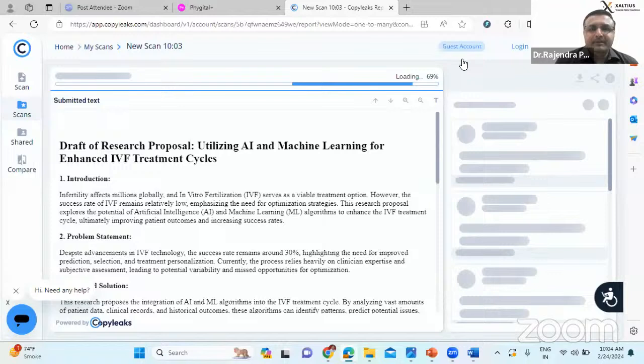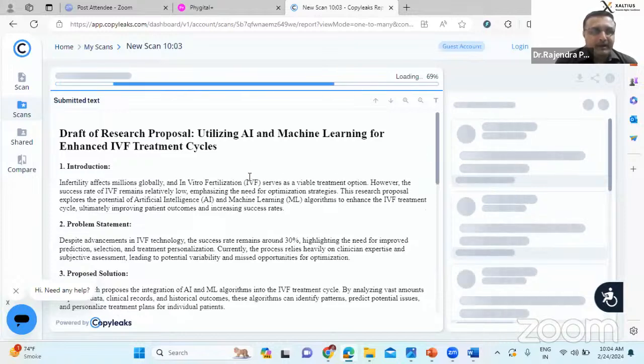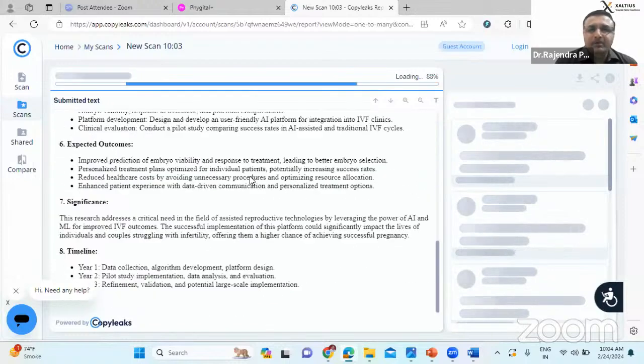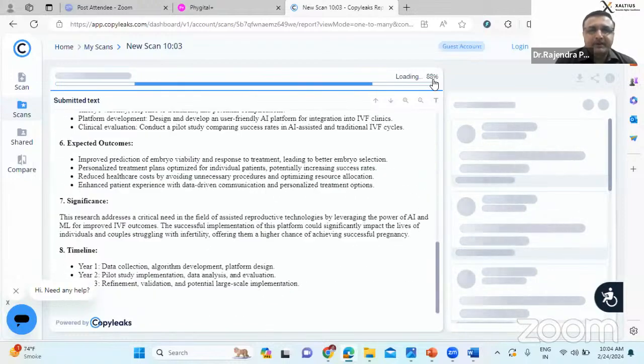So it is loading. The report is generated. It will show me how much is the plagiarized content. Meantime, see, the whole content is given here, 88%.